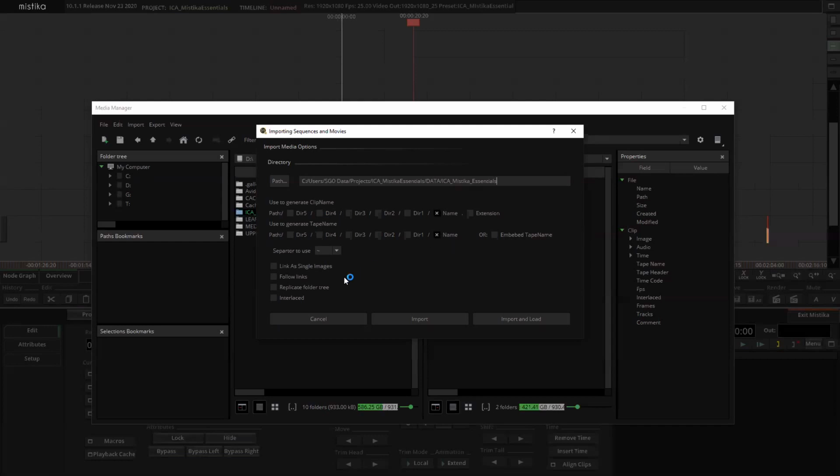And here is the important question. In case we are using photographs, in this case maybe, and they all come in consecutive numbers, you have the option of asking Mistika to link all those images as single images. In this case, we don't have those in this particular project. And over here, we have the option of replicating the folder tree. Replicating the folder tree will exactly replicate what we were seeing before. So if I press import,